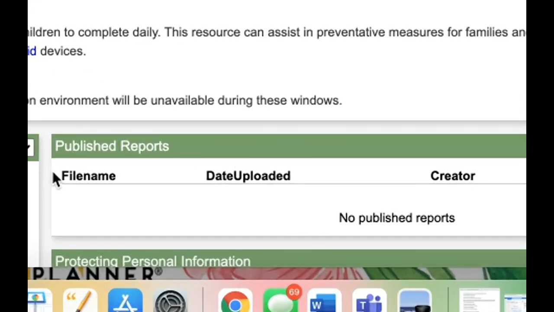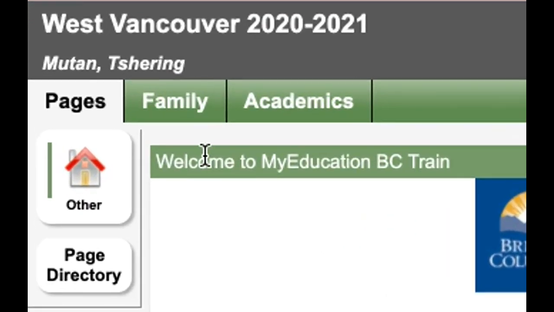Down here where it says Published Reports, this is where your child's reports will show up once the school has published them. Once the reports are here, you can click on them to open and view them. You can also print them out, although the steps for doing that will vary depending on the type of computer you're using. Up here, underneath the Family tab,